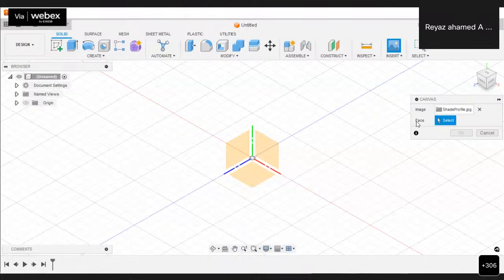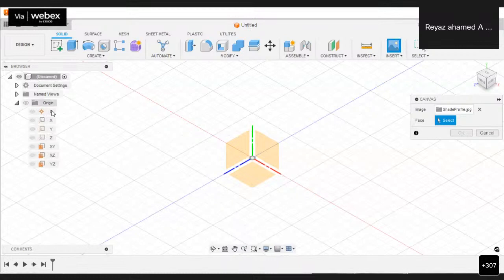Also, you just notice that 3 planes are now visible. You may choose any one. Just move your cursor over there, or else go to the browser and expand the origin. See, in the browser, there's an option called origin. We just click on the expansion button. Let me click here.